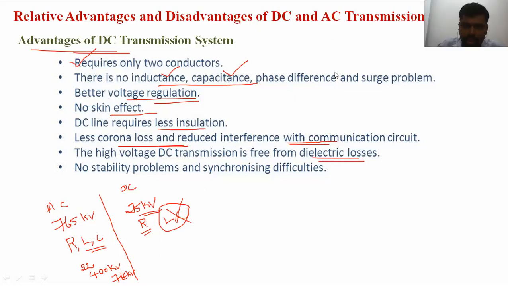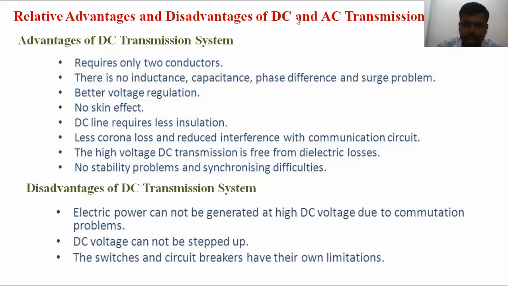Comparing to the AC system, what are the major drawbacks of the DC transmission system? In the AC we can boost up to 765 kV, but in the DC, the maximum is 25 kV, that is 25,000 volts. Step up and step down is not possible in the DC system. And one more thing, the substation cost is also very, very high. These are the various drawbacks of the DC transmission compared to the AC system.